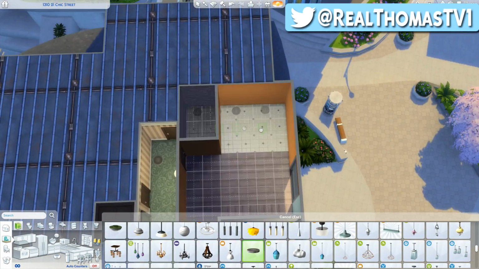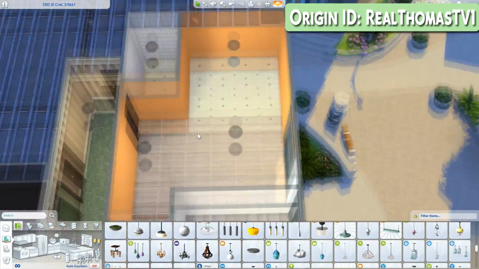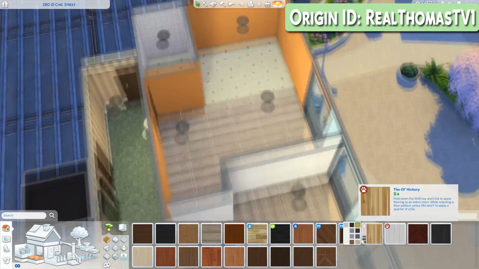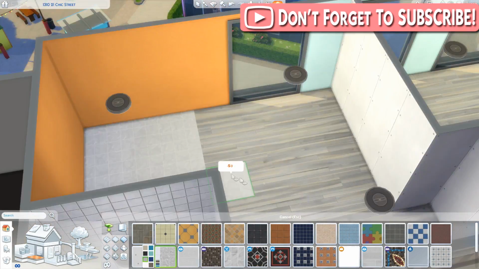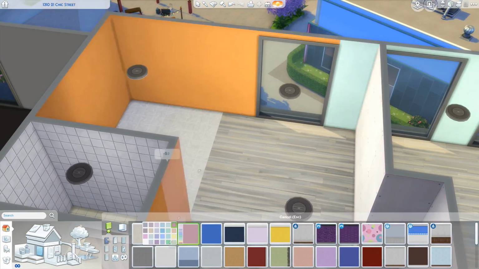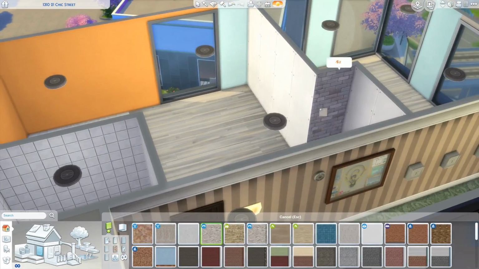So today I'm back here for another speed build, and today we're going to do another apartment build, and this one is a bright and modern apartment. If you want to download this for yourself, it is up on the gallery now. My origin ID is real Thomas TV1, but since it is an apartment we'll have to upload it as rooms